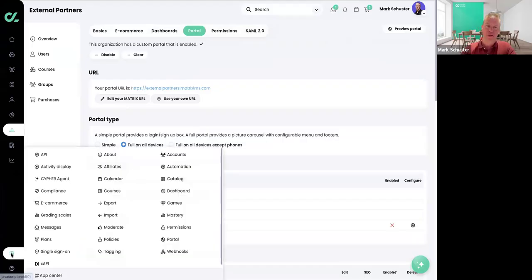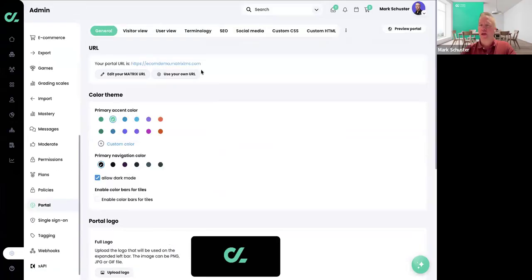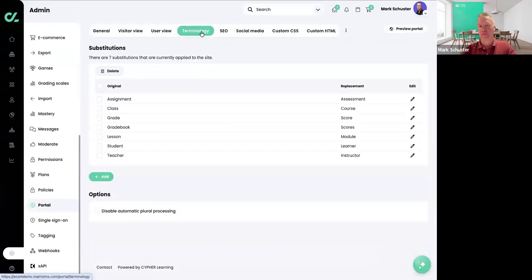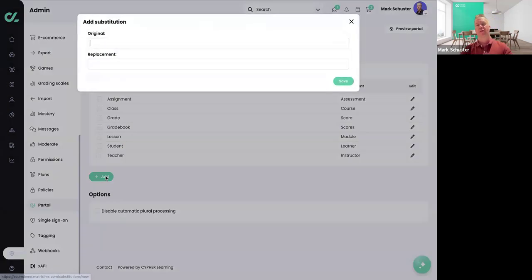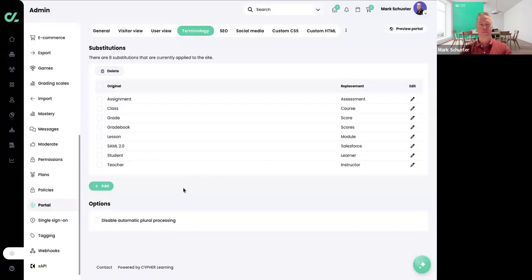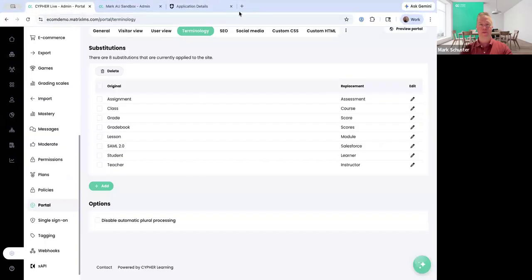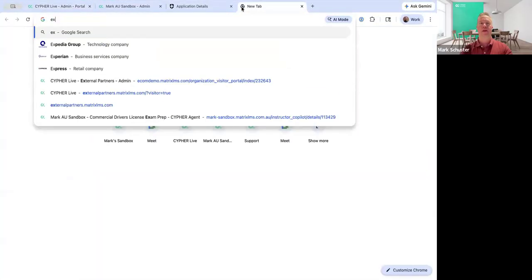So what we can do is go into your portal settings at the top level, and we have terminology substitutions. So if I do that, I can then change any place that it says SAML 2.0 to say Salesforce. So once I do that, if I come in here